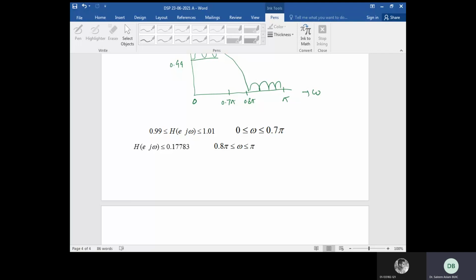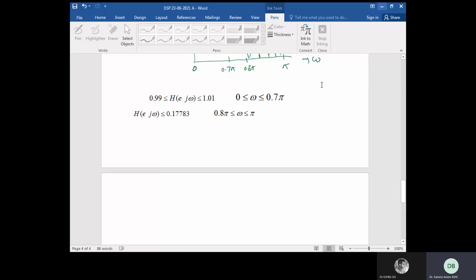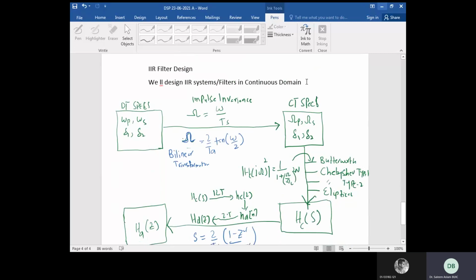So let me open MATLAB here. In parallel, I'll try to relate these concepts from the FDA tool as well. But for the time being, up till here, you got the requirement from the client, and you wrote down that omega pass, omega stop, delta 1 and delta 2 are required for this sort of system. Now, very important part: once you have a clear idea about the requirement specification of a system, the next step is the design.